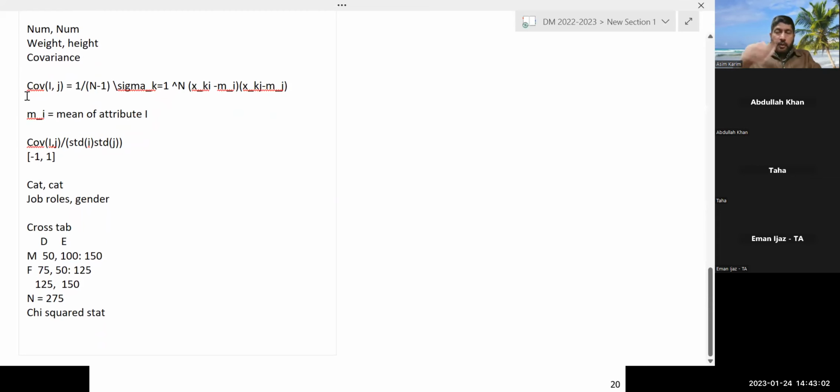So chi-square basically computes the deviation of the values from the expected value, and the expected value is based on the assumption that each attribute is independent of the other. And we can compute that from the total sum by taking a cross product of the total values. So for example,